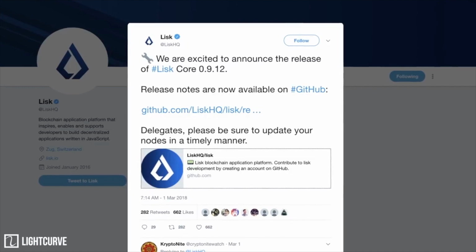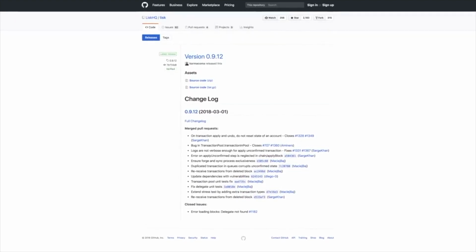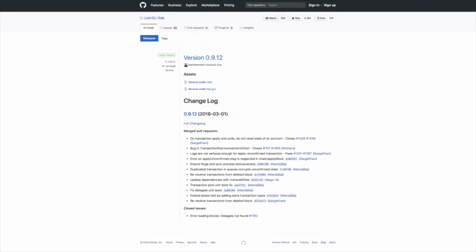Hi, my name is Maciej. I'm a developer for Lisk Core. Very happy to introduce new patch release 0.9.12, which was fixing the big its consistency that we've encountered. Also, community discovered it, so thank you very much. The issue was inconsistent state of unconfirmed and confirmed balance in our accounts table, which in a shortcut was leading to inconsistent state between accepting or rejecting particular transactions across different nodes of our network.